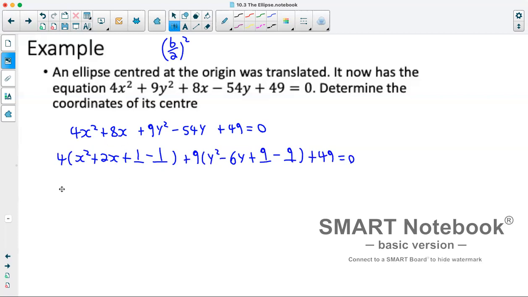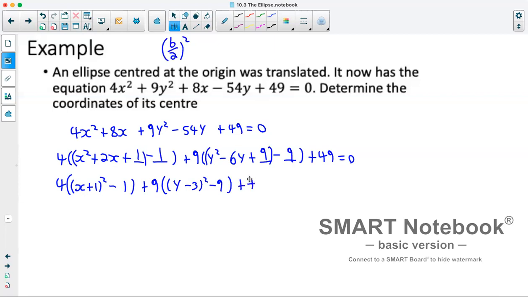We'll now do completing the squares of these. So I'll add in an extra set of brackets. So we've got this perfect square trinomial here. So that becomes x plus 1 squared. And then we've got minus 1. Then we have plus 9 times, we've got the perfect square trinomial here, so factoring that gives us y minus 3 squared minus 9